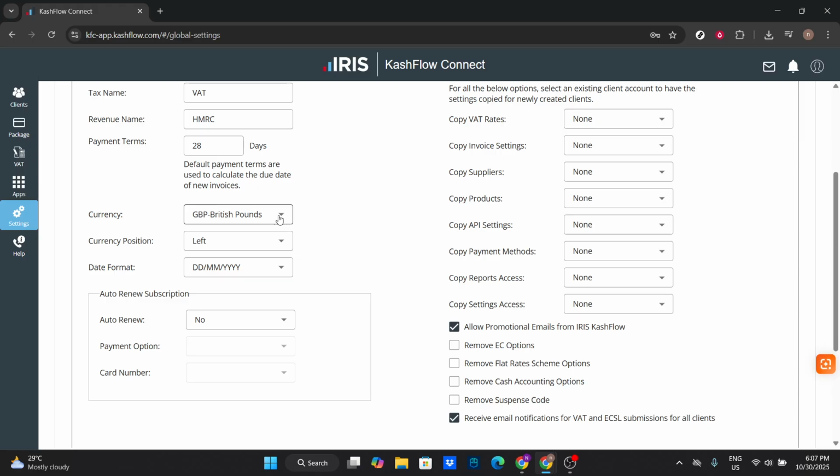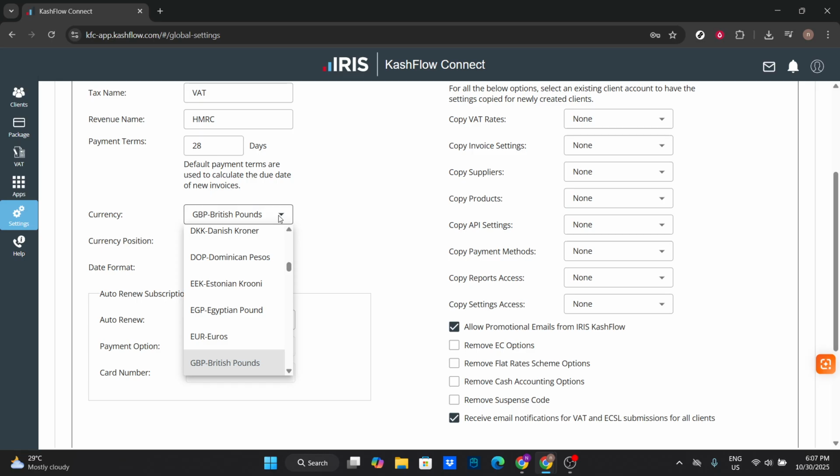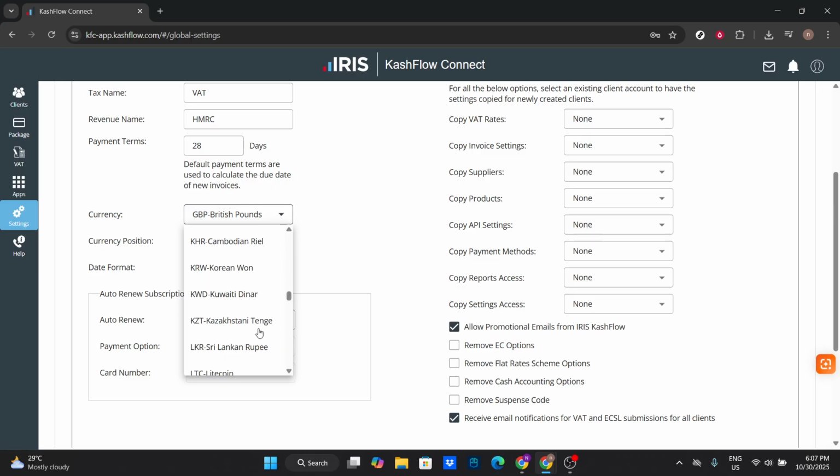This is where you decide the primary currency that your Kashflow account will use. Take your time to browse through the list and select the currency that best suits your business needs. Whether you're switching from euros to dollars or from pounds to yen,